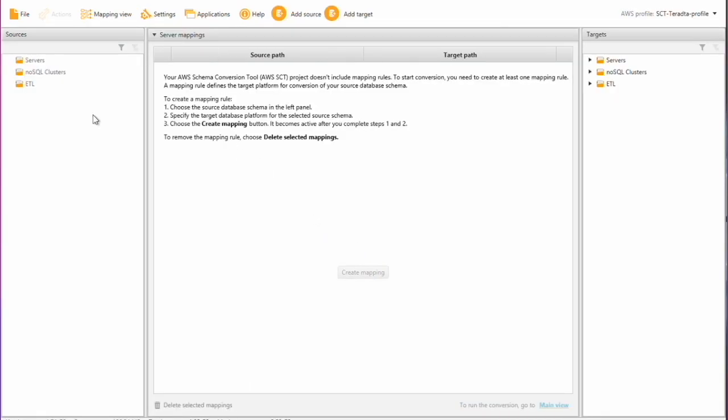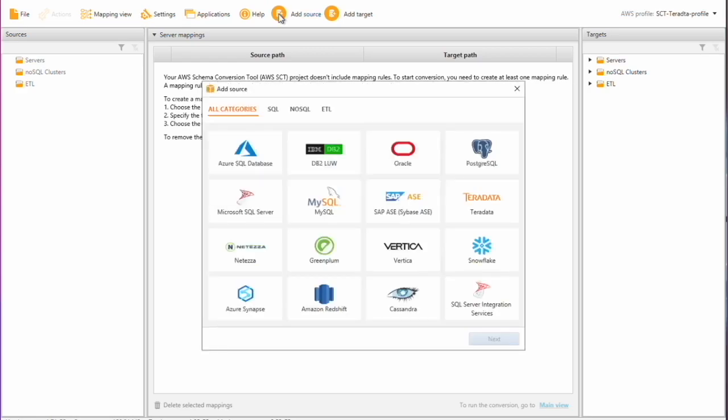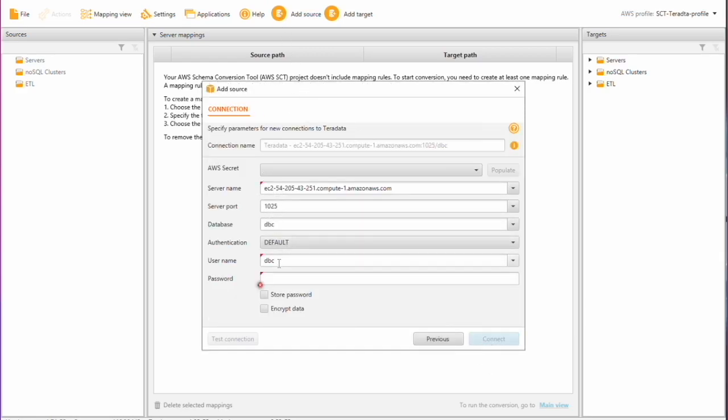As you can see, we have the main view where we have sources and targets which are empty. Then I'm going to add a source, which is Teradata. I have this information pre-populated based on the configuration that I have done. So now I'm going to simply enter my password and name my connection. It's an on-prem Teradata EDW. I'm going to click on store password and connect.